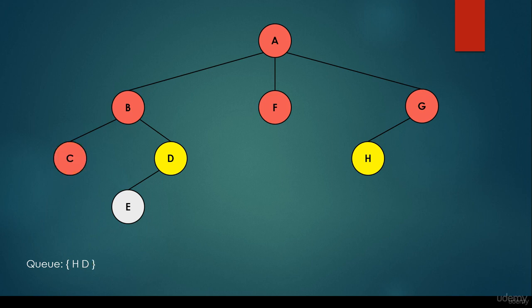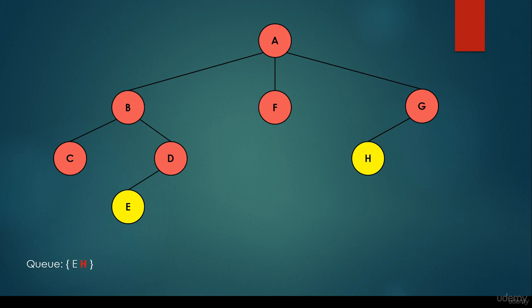Of course, we remove it and consider all of its children. It is a leaf node, so we are done. We keep considering the next item from the queue, which is the D. We set it to visited, and we consider its children. It has a single left child, the E, so we add it to the queue, and we take out the